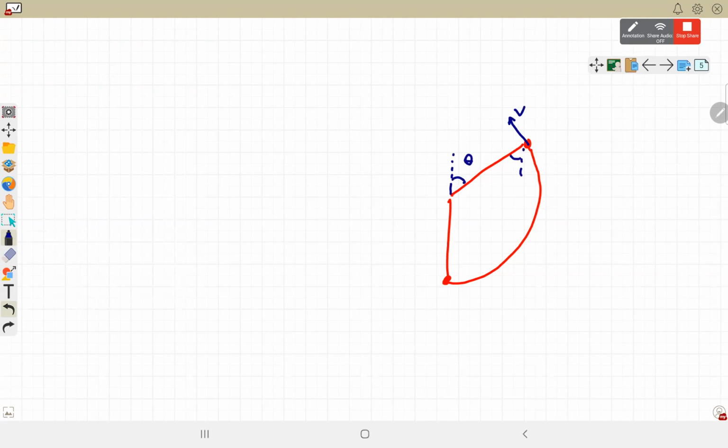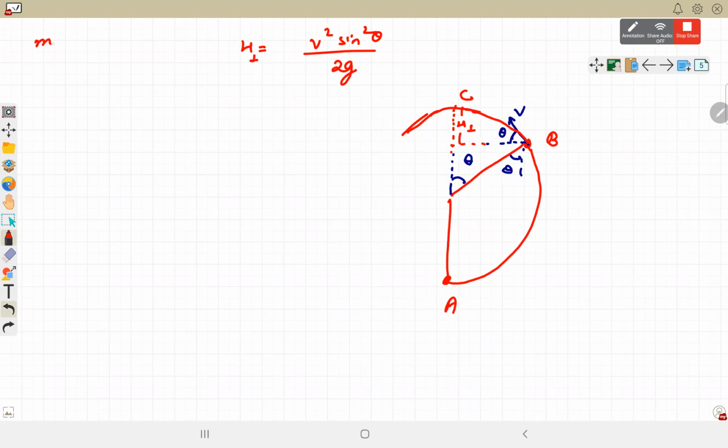Here it is theta, theta. So theta, 90 minus theta, this becomes theta again. And beyond this, it is like a projectile. So it is like a projectile. और projectile की maximum height का formula होता है v square sin square theta by 2g. So it will be like a projectile. The height of projectile that we can add here is v squared sin square theta upon 2g. Let's say it is h1. H1 is the height above point B, the maximum height above point B that it has covered.